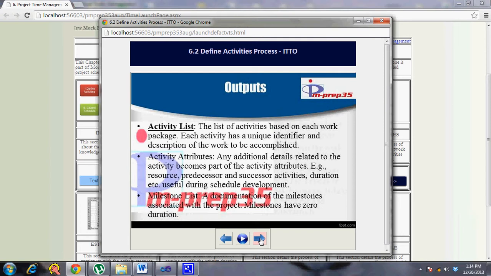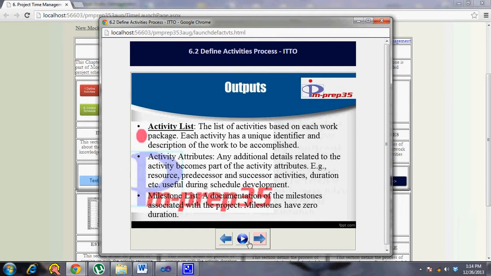So that's where the milestone list is really important. It might be anything like I give work to the team member, then after 1 week I add a milestone like testing of so and so module. So I don't need to get involved on every day of that week to see where it is, but at the end of 1 week I can go and test, and I can use this report to see whether that work has been done. So that's where the milestone list can be mandated by the project manager, or it can come from the external customer as part of the requirements. So those are included as part of the activity list.